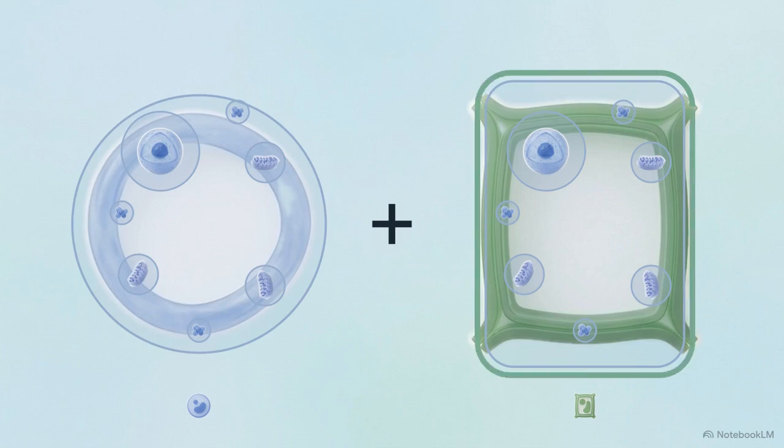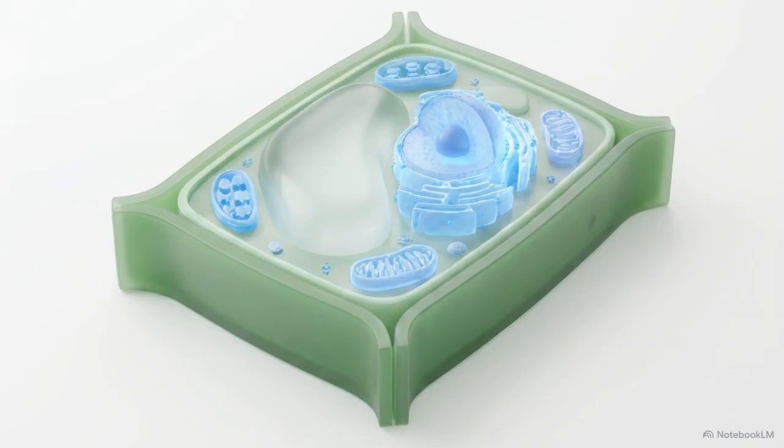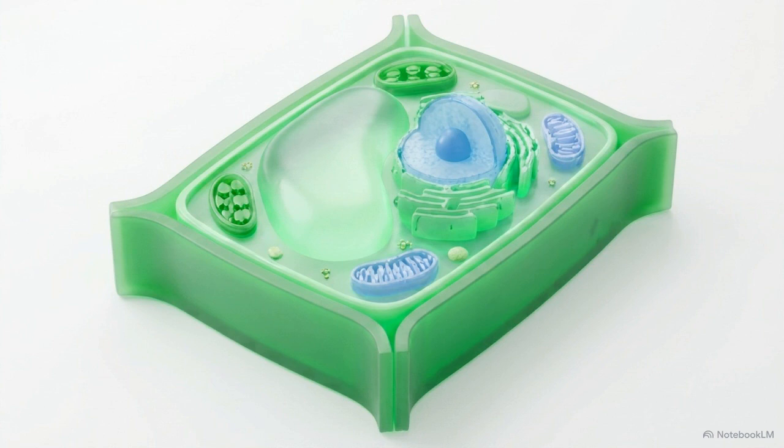But plants need structure to stand upright, so they add a rigid cell wall. This outer layer is made of cellulose and provides structural support to prevent the cell from bursting. They also add chloroplasts to carry out photosynthesis and a large permanent vacuole filled with cell sap to keep the whole cell firm. Organizing cell anatomy this way shows how a plant cell is equipped for its environment. First, by establishing the universal tools of life, then adding the specific hardware needed to stay upright and make its